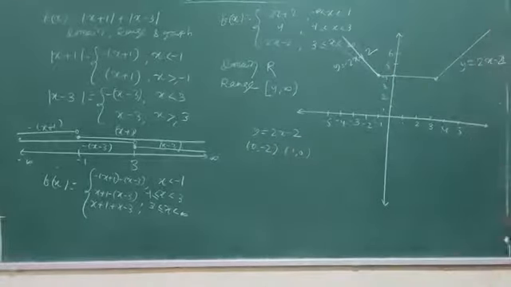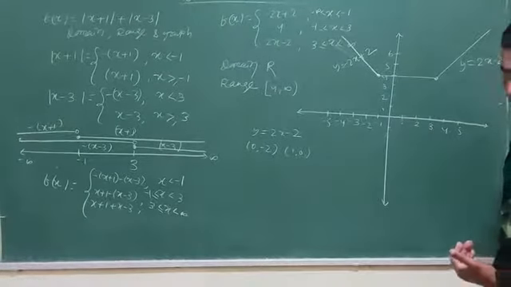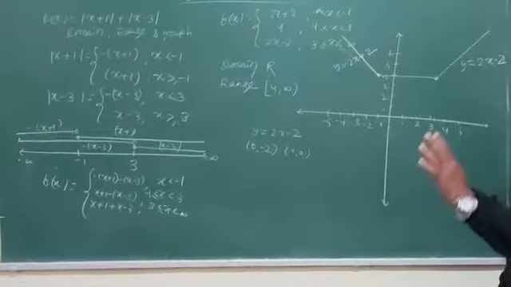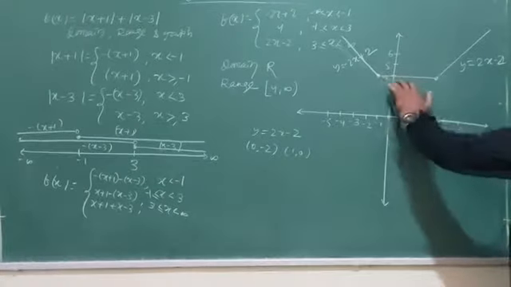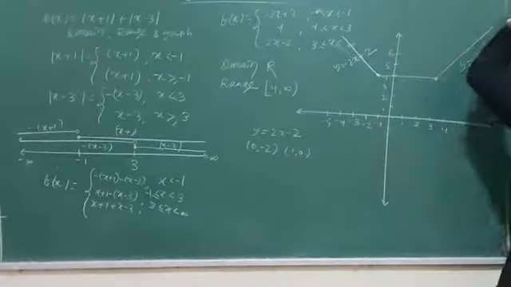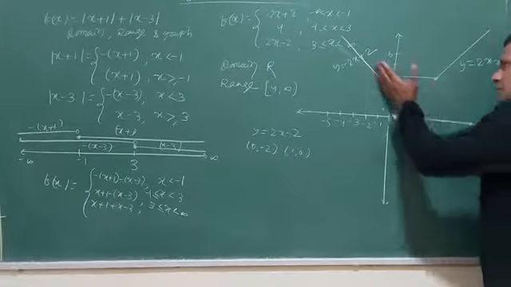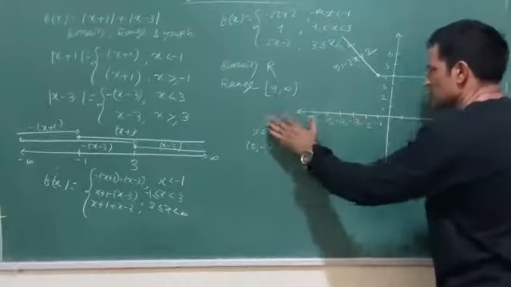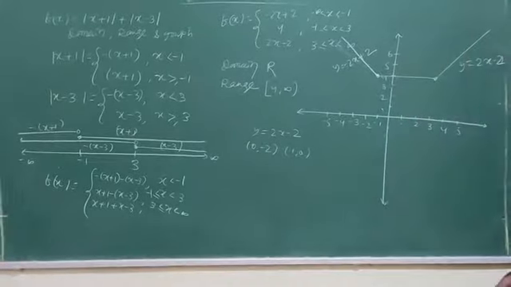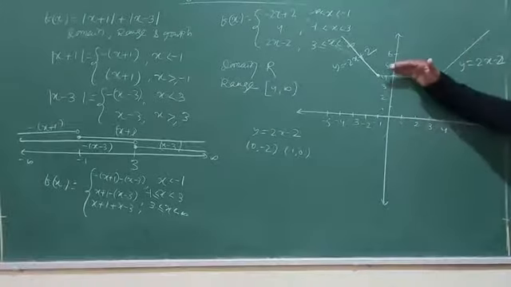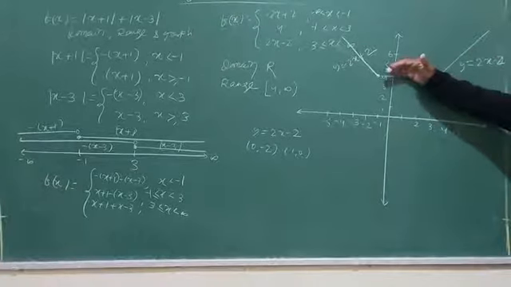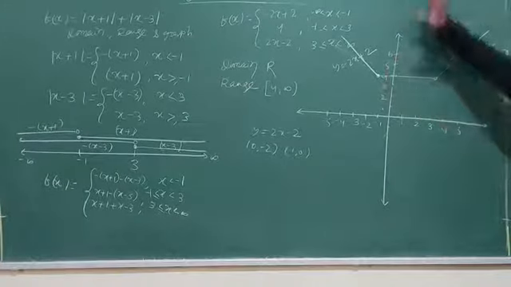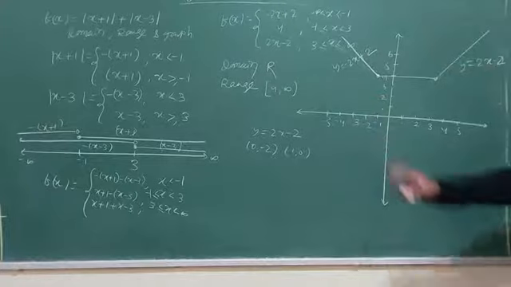Now if you see what is the range, when I am going for the domain, on the x-axis where I am traveling, the graph is going this side, that means I am traveling to this side. The graph is going that side, I am traveling to this side. So minus infinity to infinity, domain is R. What about the range? The graph is not coming below 4, it is always above 4. You can see it is passing the y-axis at point 4, then the graph lies above 4. So I have written the range is 4 to infinity.